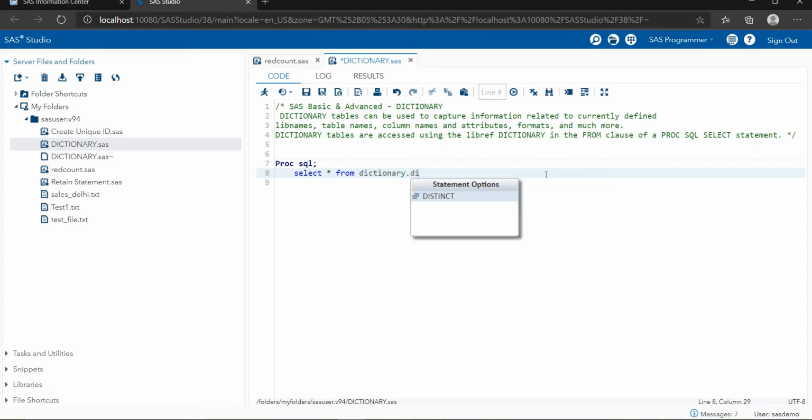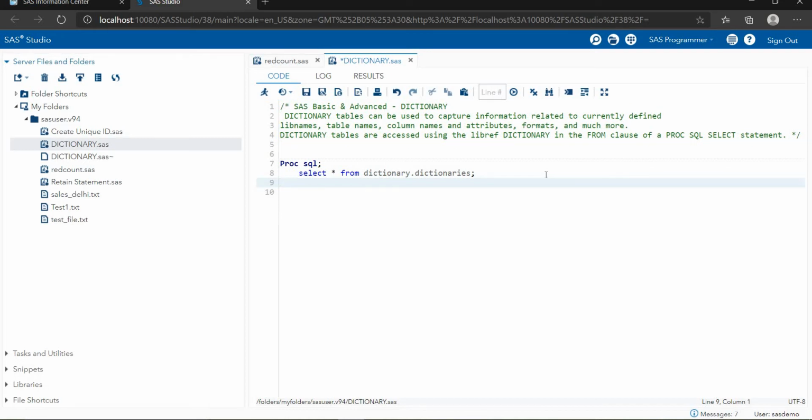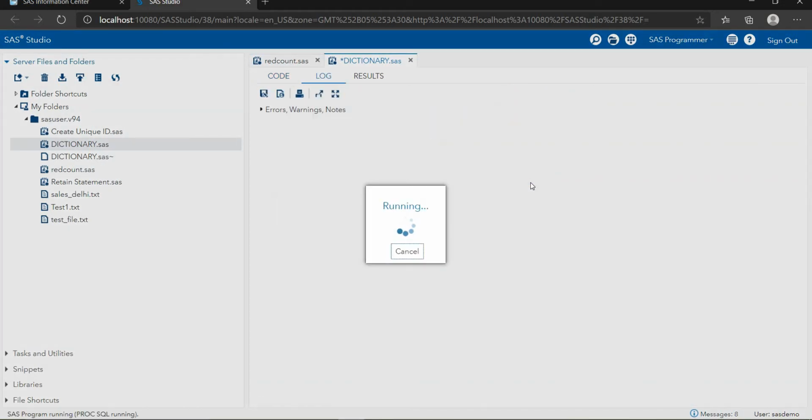I'm looking for the information from the dictionaries, that's the reason I'm writing dictionaries here. Then close, then run statement. Now it will show you all the information about the dictionaries.